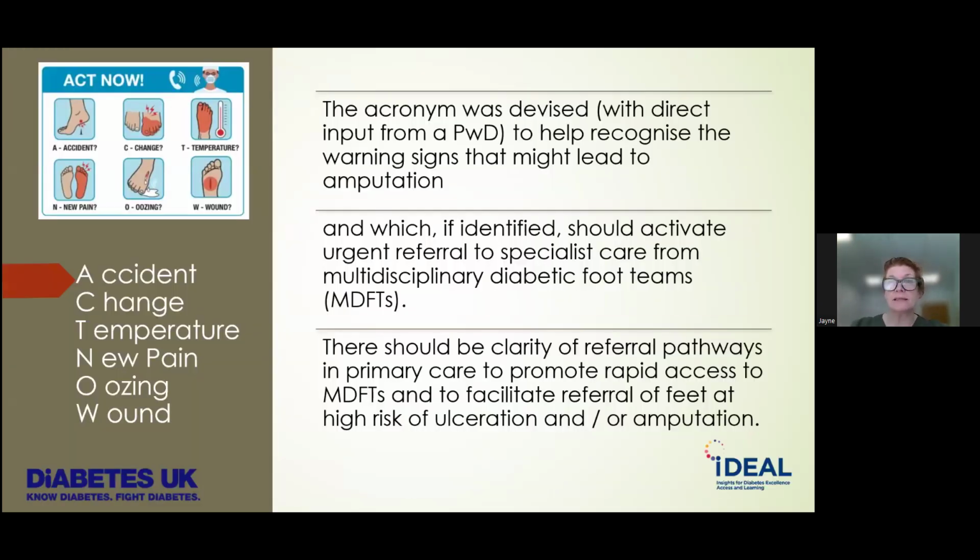So how are we going to do that? Well, the acronym ACT NOW was devised with the direct input from a person with diabetes and this multi-professional team of experts within the IDEAL group to help to recognise those warning signs that might lead to amputation. And if any of those warning signs are identified, this should activate and empower the person with diabetes, their carer, or a healthcare professional to seek urgent referral to a specialist centre or to specialist care from multidisciplinary foot care teams. And there should be clarity of referral pathways between primary care and secondary care facilities or primary care to primary care multidisciplinary teams to promote rapid access and to facilitate the referral of feet at risk of ulceration and